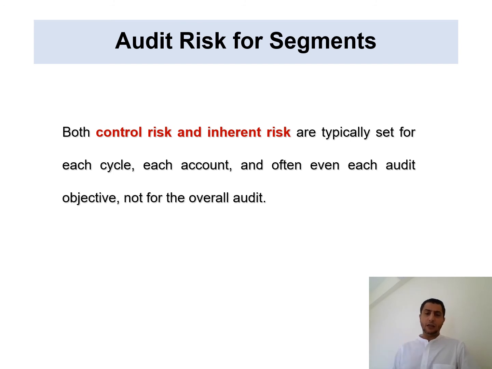Cash account, if we have a company dealing with daily cash, like grocery shops and so on, we will set the inherent risk for cash as high, and the auditor will assess the control risk related to the cash account in this company. For example, they should have segregation of duties. They should have CCTV to monitor the process of cash collection and cash deposit to the bank and so on. Independent supervision and review should also be in place. So the auditor will assess control risk and inherent risk based on the account and each cycle and each account